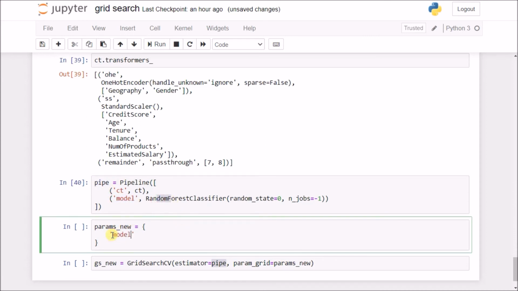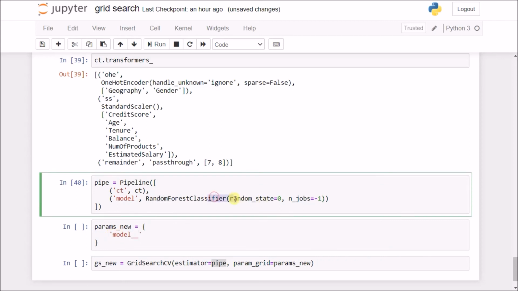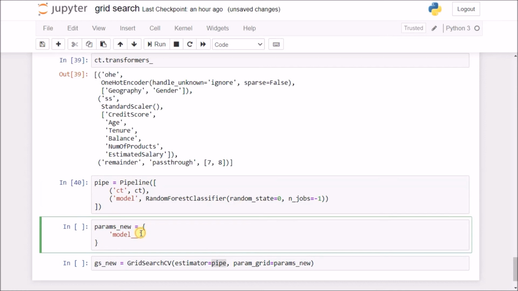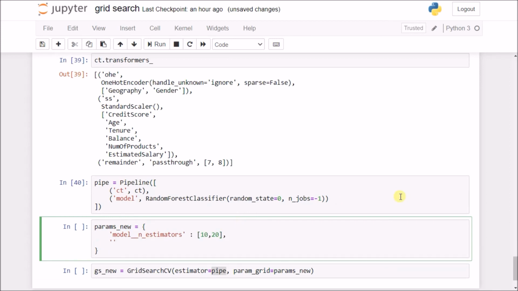So I'll say model, then double underscore, and then when I'm in this random forest classifier, I'll now pass in the parameters. So I'll say n underscore estimators, and I'll now pass in here 10 and 20. Similarly, model double underscore max depth, and that will be 2 and 3 in this case.